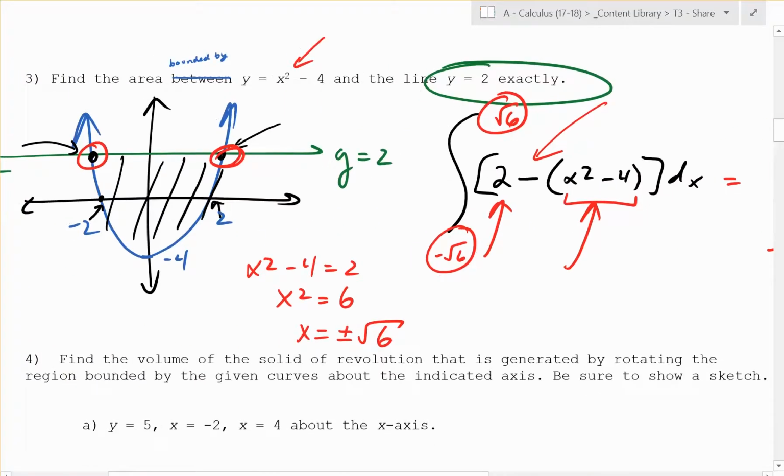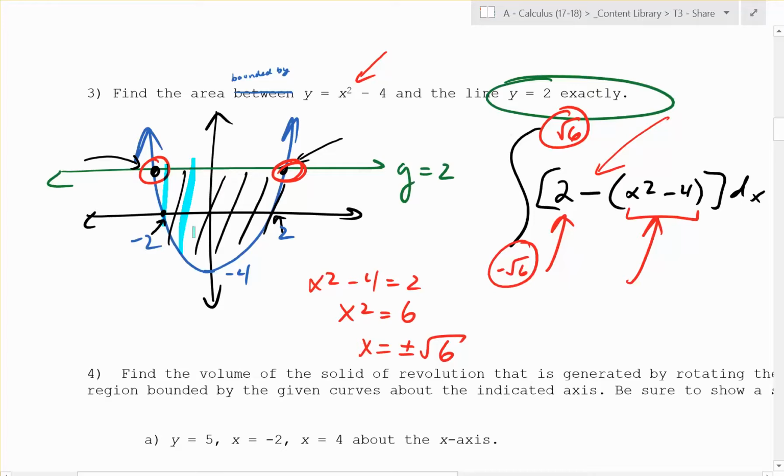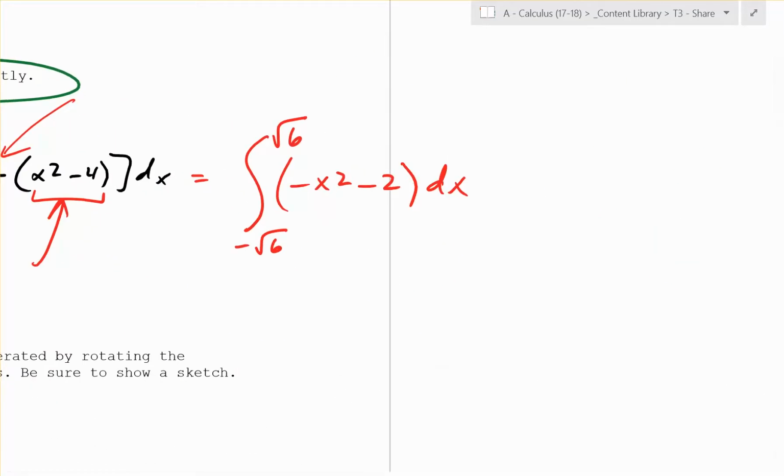I'm going to give you one shortcut here. You might notice some symmetry. This area is symmetric across the y-axis. So what you can do is just find the right-hand side and double it. So that means that this is equal to 2 times the integral from 0 to √6 of